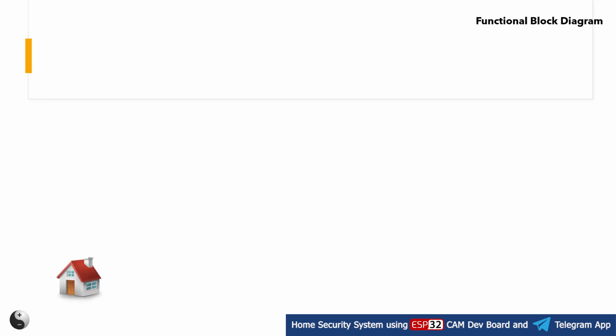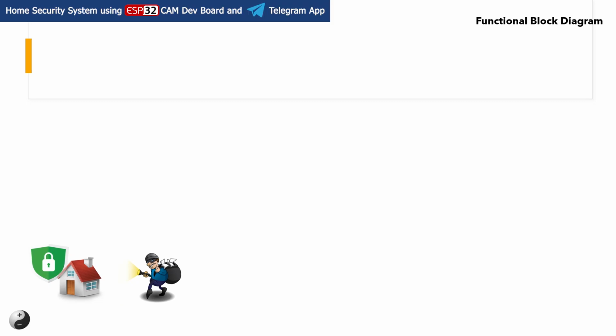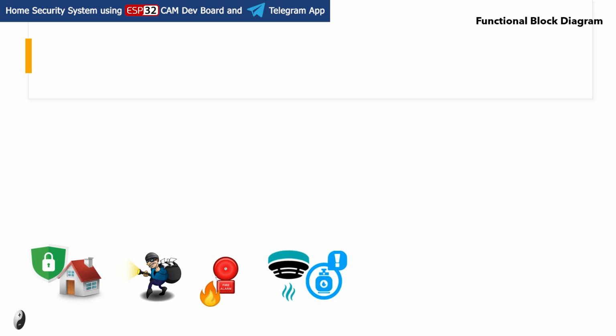So for the home security system, we are going to implement an intruder or door alert, fire alarm, smoke alarm and gas leak alert system.